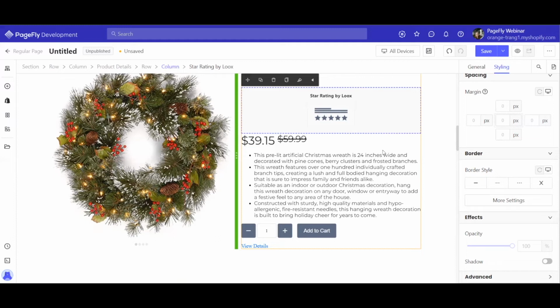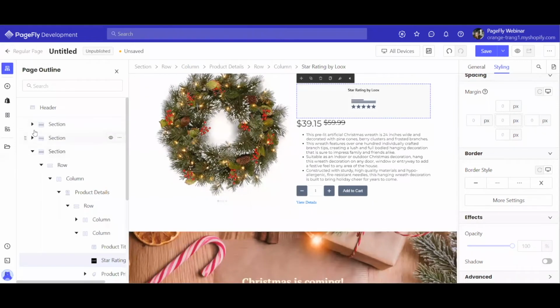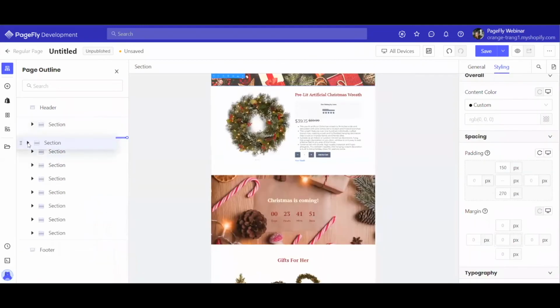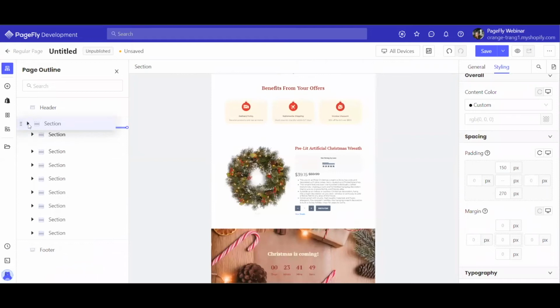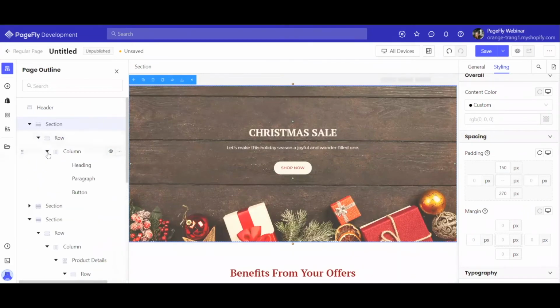How can I change the position of the section? You can rearrange the position of sections, columns, rows, or elements easily in the page outline like this. I will show you real quick. We can click here in the show page outline feature, and by clicking here on these dots, we can simply drag and drop the sections back and forth, okay, to change the position. And this can actually be done with any element. I can adjust heading